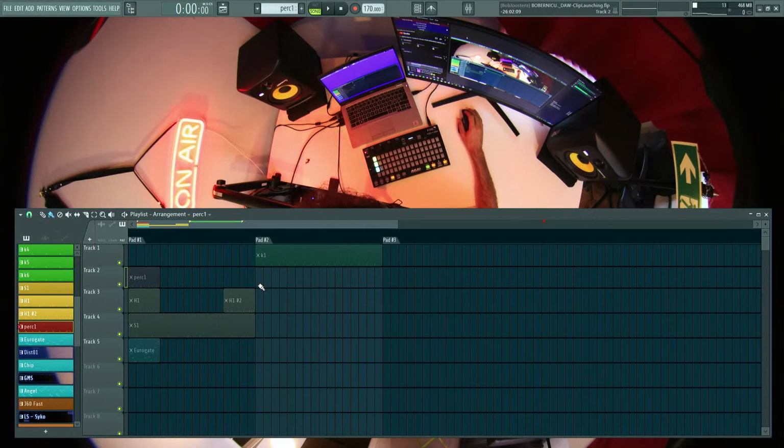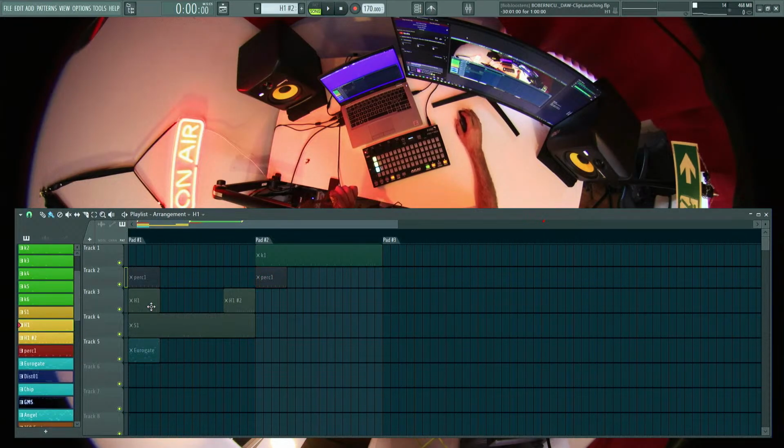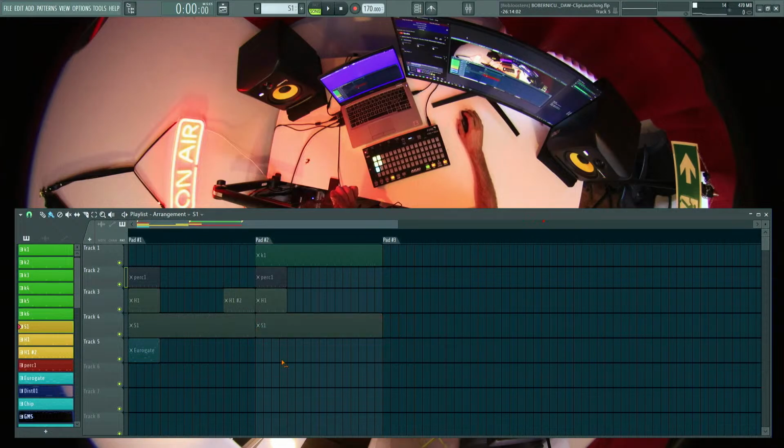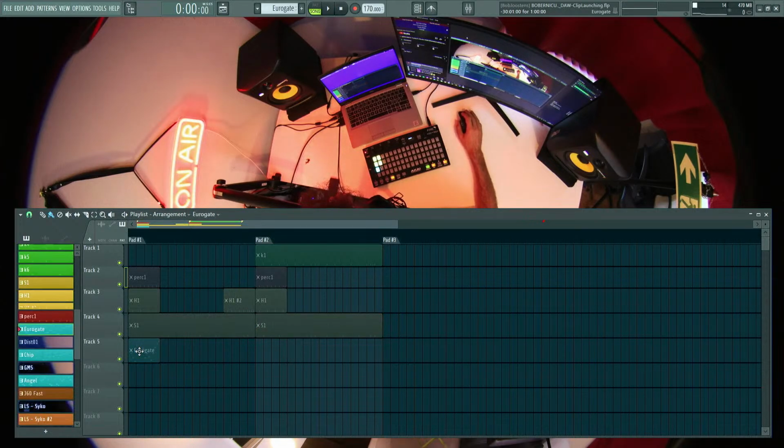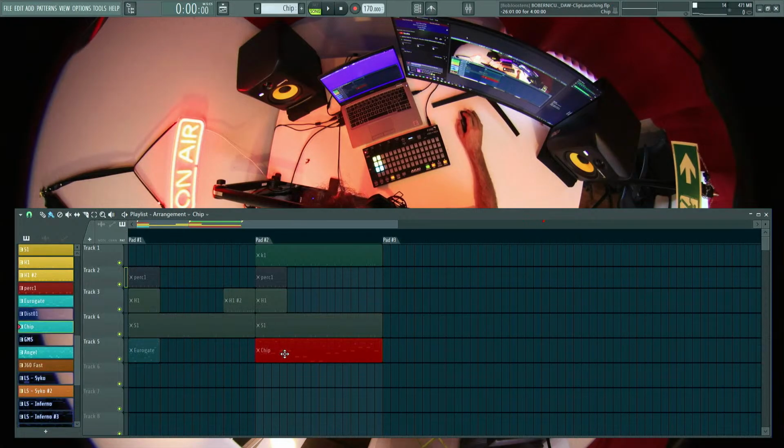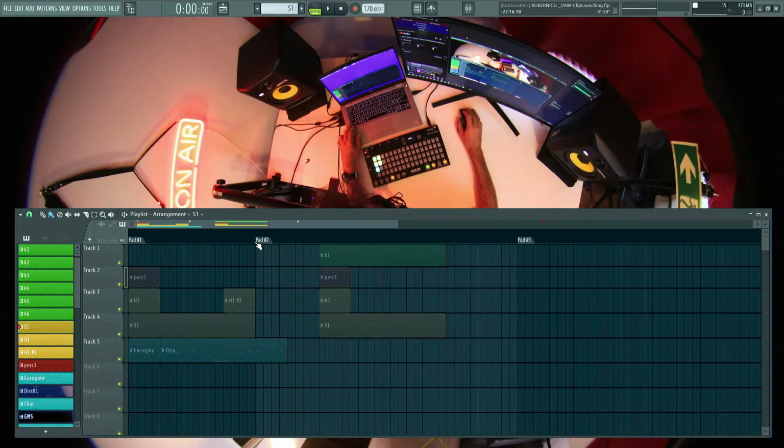Oh no, wait, yes, let's use this one. Let's put them here as well. We can put the hi-hat on here as well. The snare, we can continue these two. We can put chip here. I can even put this one on this one here as well. Wait, but then maybe there's not enough space. Let me drag those further, and then do this, and now I can make it like this, and when I want,